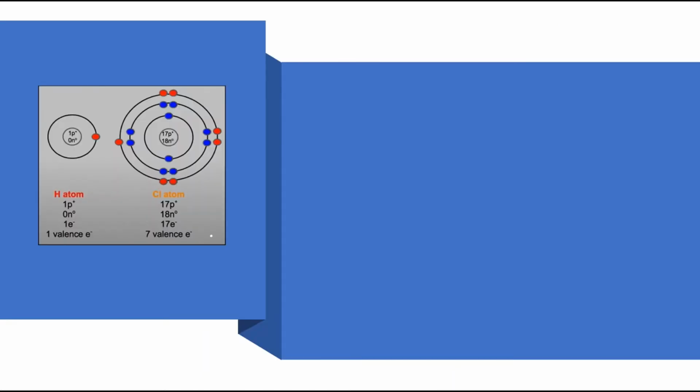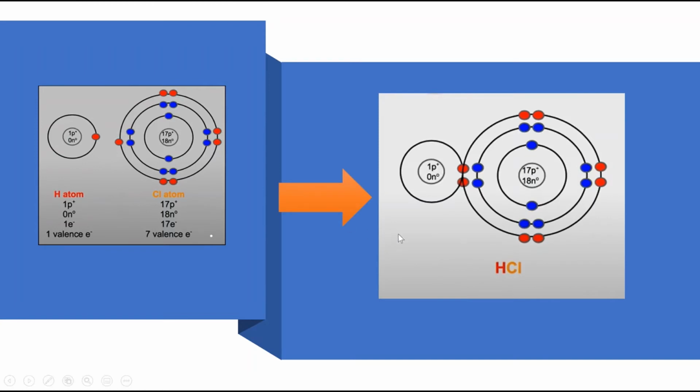So let's see an example of the polar covalent bond. Just as I told before, covalent means it's sharing the electrons. So whether it will be polar or non-polar, let's see here. Now let's see an example of hydrogen and chlorine atoms. Hydrogen has only 1 electron in its outermost shell. On the other hand, the chlorine atom has 7 electrons in its outermost shell. You can see there is 2, 2, 4, 2, 6 and 1, 7. And hence it will form this type of bond.